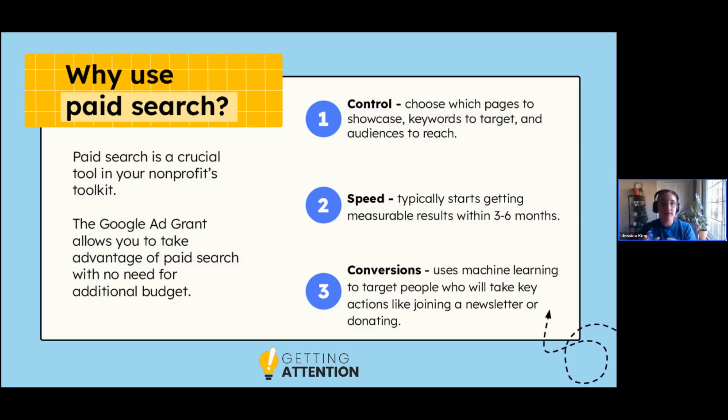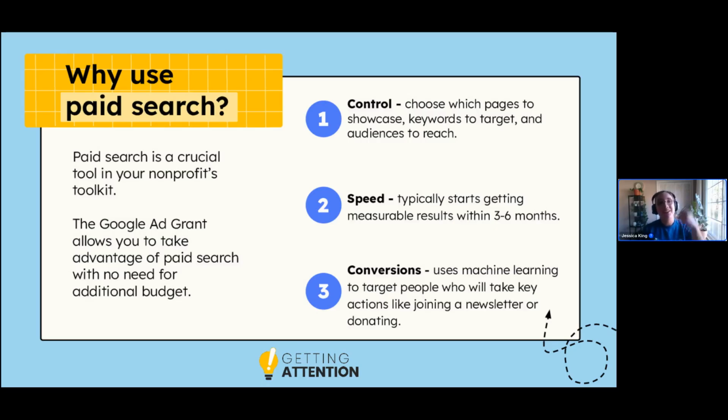Google spent tons of money investing in a very smart machine that is getting very good at reading different signals, some of which we could probably guess, like age, gender, location, household income. We can guess a lot of those things, but there are lots of signals that we would not even be able to begin to hone in on that Google can use. So Google is using all of that data that they're collecting to find the audiences that are going to be best for you. The really cool thing is that your ad results typically get better over time as Google finds more of the people who will convert, as long as you're using that maximized conversion strategy. So those are a couple of reasons that I think the paid search tool is really cool.